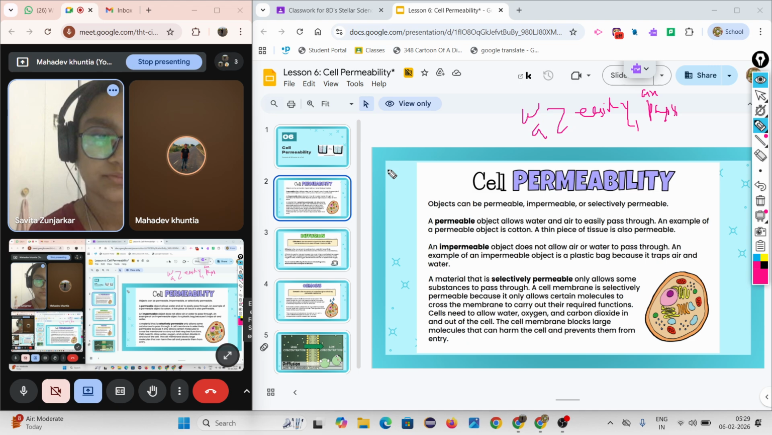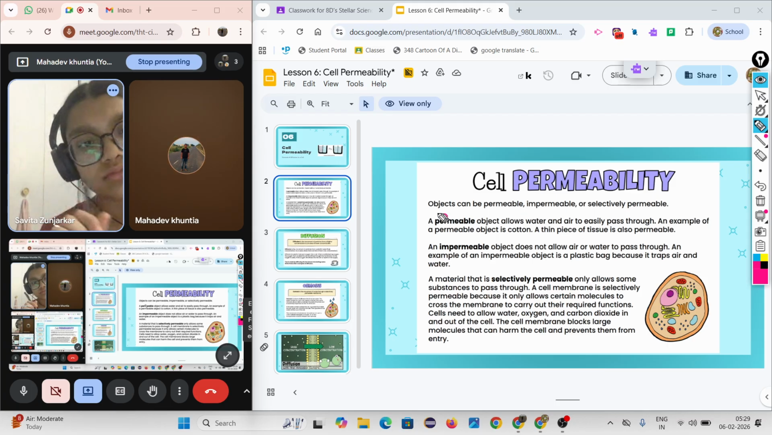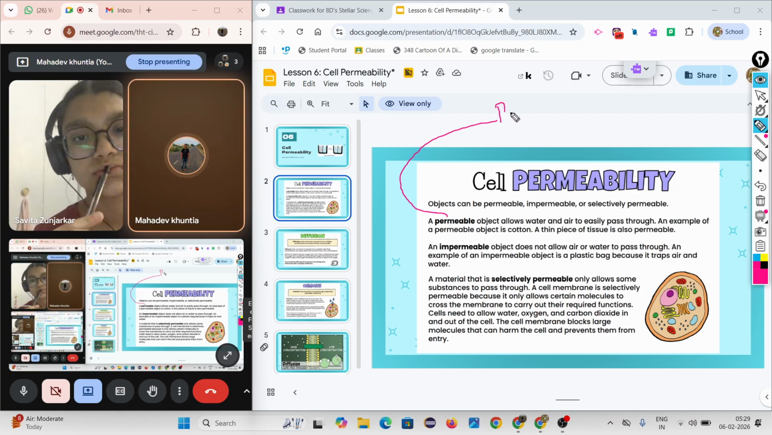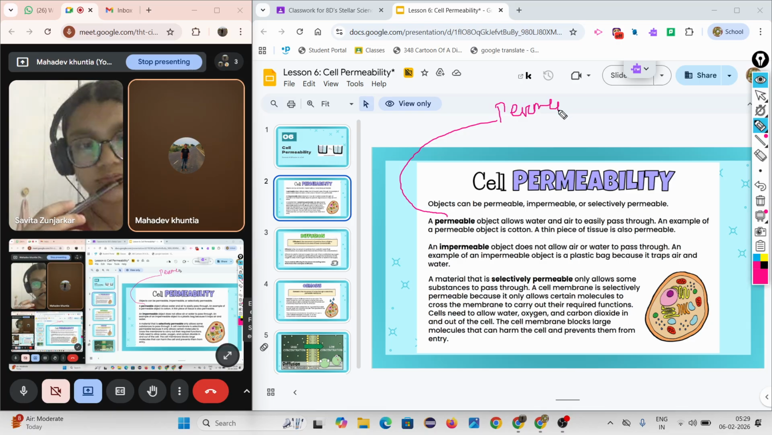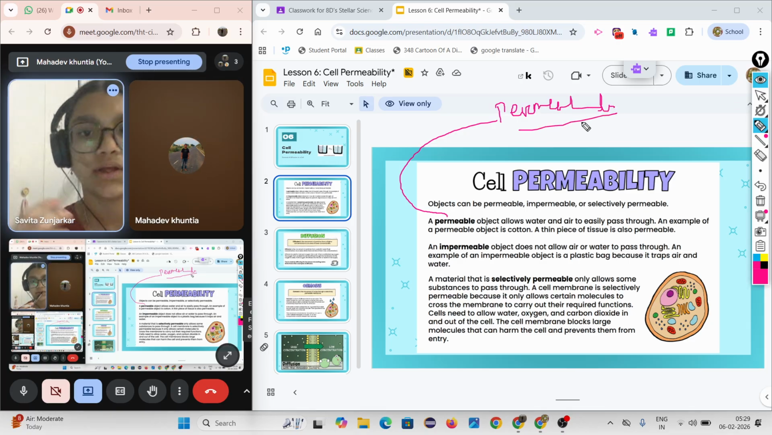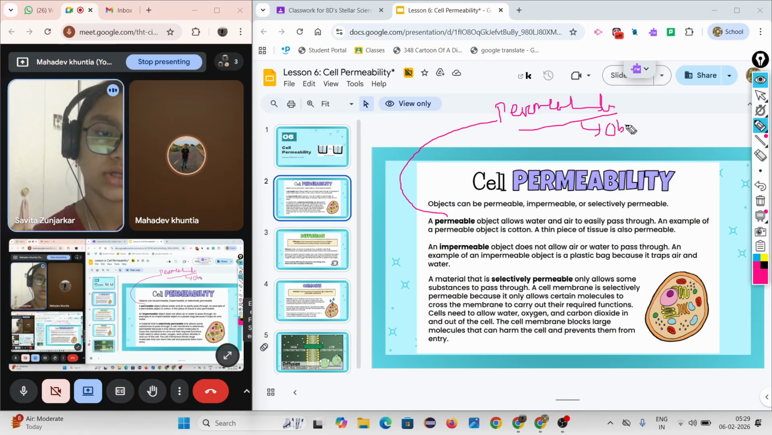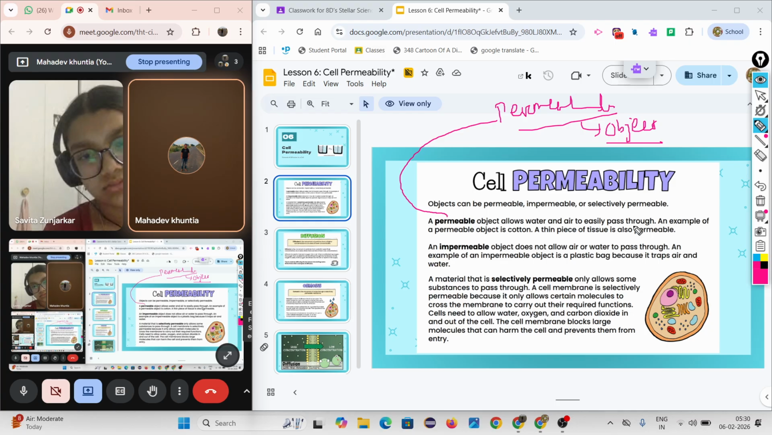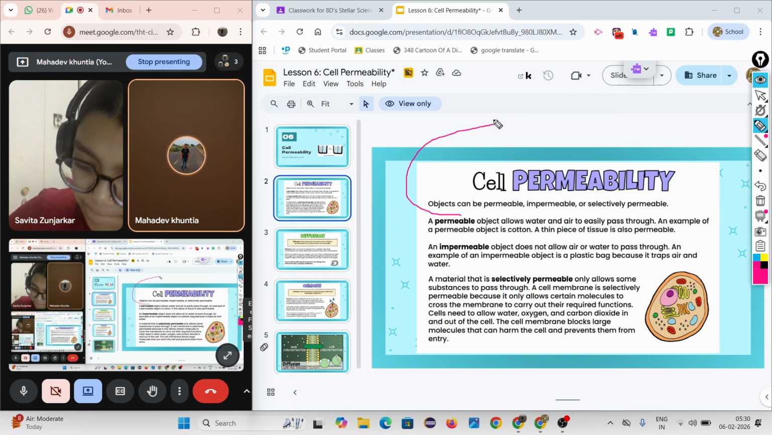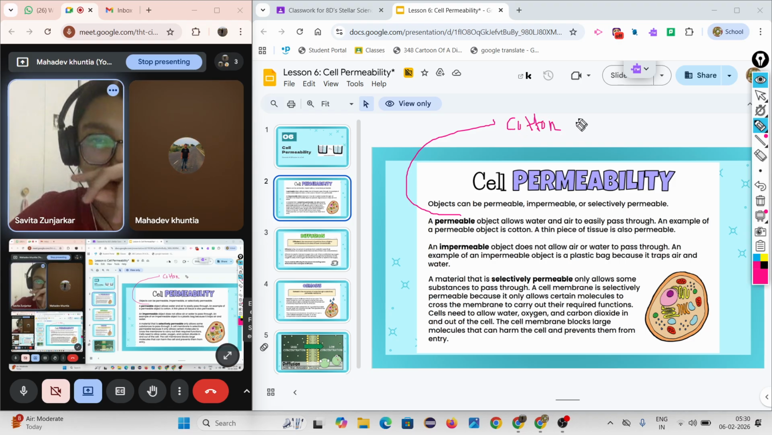I will teach you just what I understand. My question is, do you understand permeable? Permeable means an object which allows air and water to easily pass through it. Okay. Then examples of permeable things are cotton cloth,